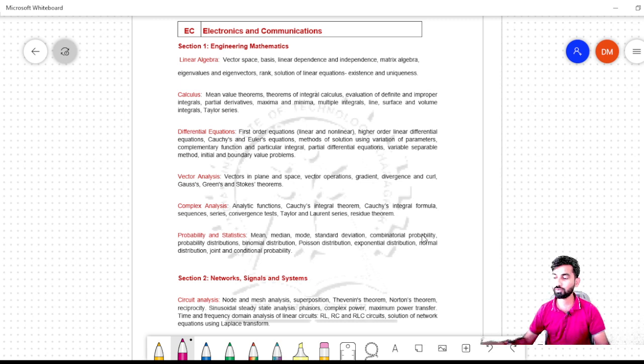Okay, so this is going to be my favorite board, and as far as this session is concerned, this session is for electronics and communication, right? So as you can see, the very first topic they have given is engineering mathematics. Why have they given engineering mathematics? Actually, the mistake most aspirants make is they prepare maths 7 days or 10 days before their main examination, right? Suppose the examination is to be held in the month of February 2022, so they start solving questions in maths. They think that they are good in maths, right? In fact, they don't know what topics are given in the mathematics syllabus in the GATE examination, right?